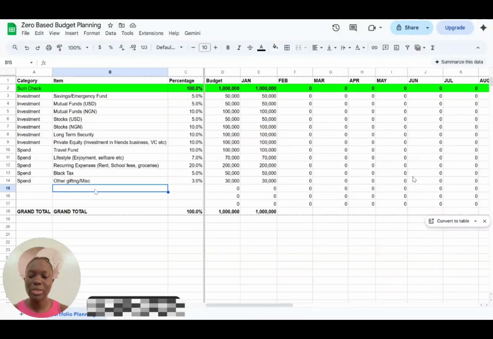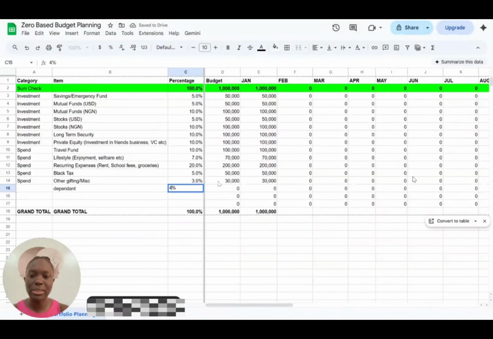For example, you have dependents or whatever you want to call it, and you want to put 4% in that one, what that means is you need to reduce some other thing here, maybe reduce this to 16, because then it must always be 100. So this check here helps you to check it.